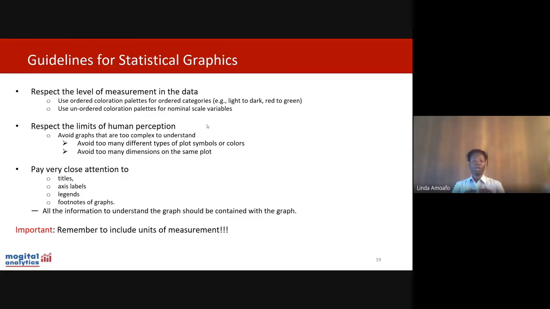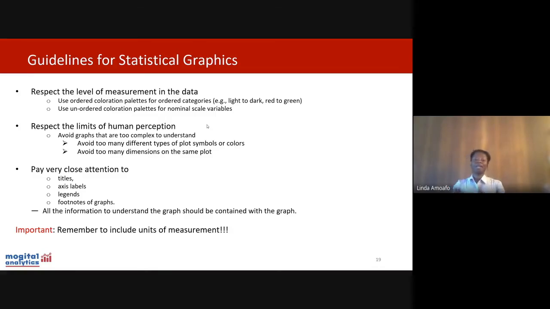If you have low, medium, high, you should show some ordered colorization, from light to dark, so from light blue all the way to dark blue, or from green to red. You should use that. And when you have a nominal scale variable, don't bother doing any ordered colorization palettes,